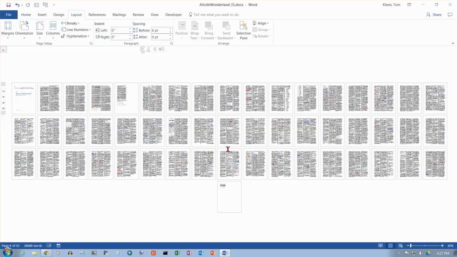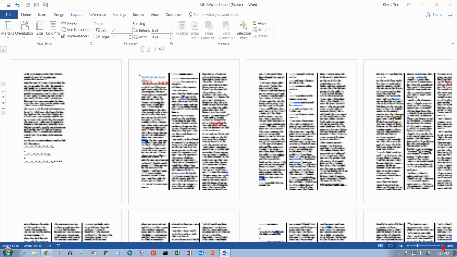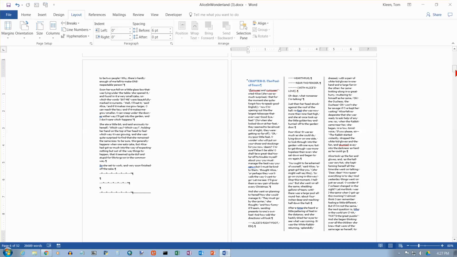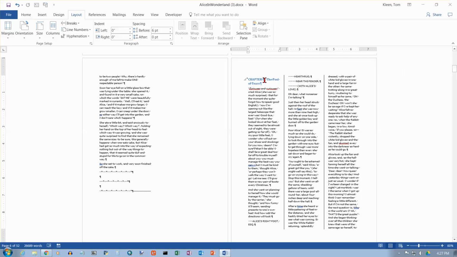I'm going to try to do this without zooming. I better zoom in a little bit. Okay, so I want to be here at the beginning of, okay, I got way down. No, this is chapter 2. Okay, so I want to be to the left of chapter 2 here. And what I'm going to do is backspace over that section break. So I'm combining chapter 1 and chapter 2 into the same section. So if I backspace over that,